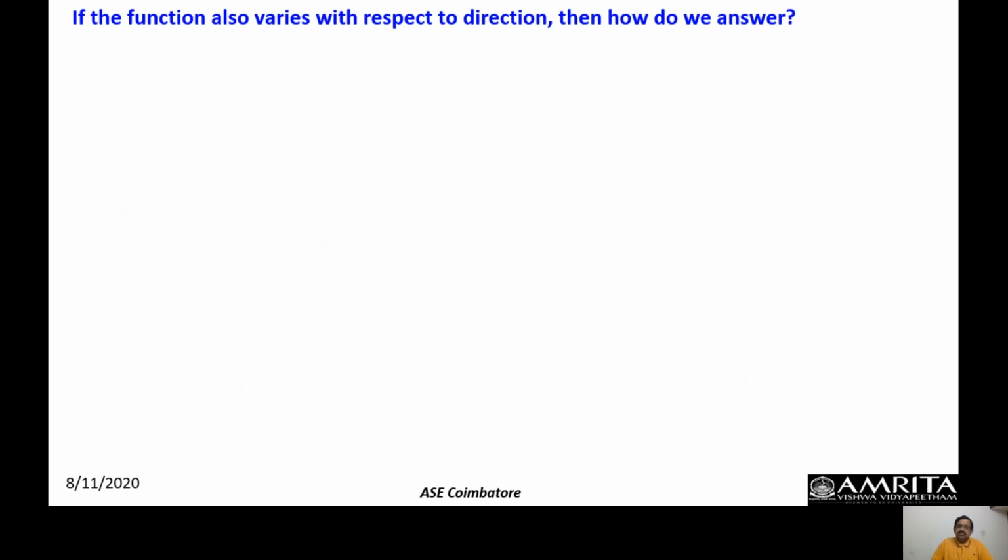So as I told you, if the variation of the function also changes with the direction, then how do we answer? It is tempting to think that this question is very complex and we require n derivatives, because one can walk from one point to another point in space